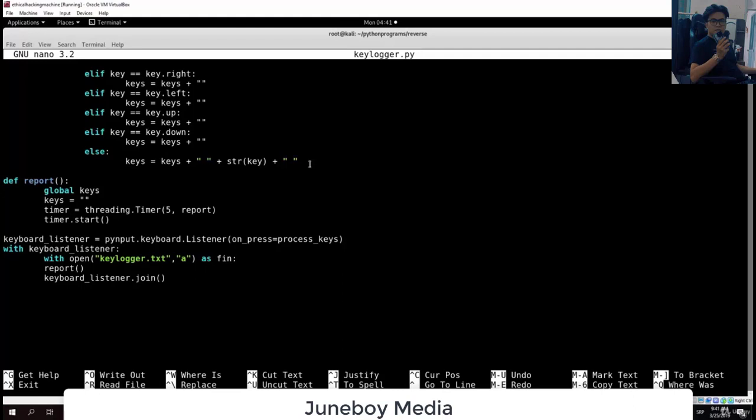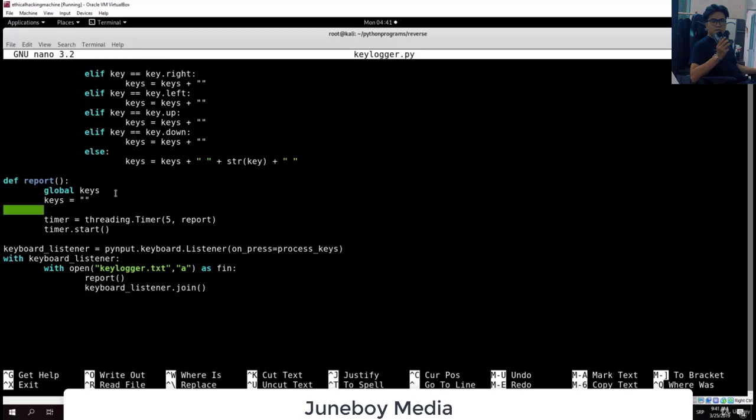And then what we want to do after that is actually run this function right here. Both of these functions. Let me think about this. This should actually work. If we run the report function, it will run it every 5 seconds, and in our report function we will actually try to, for example,